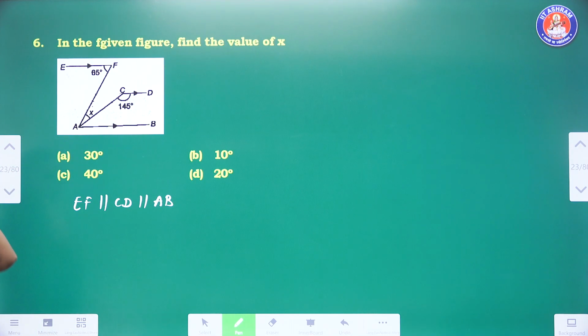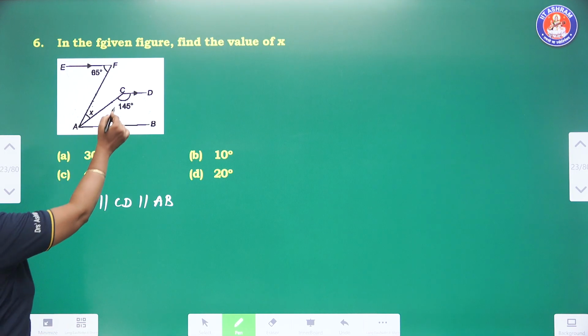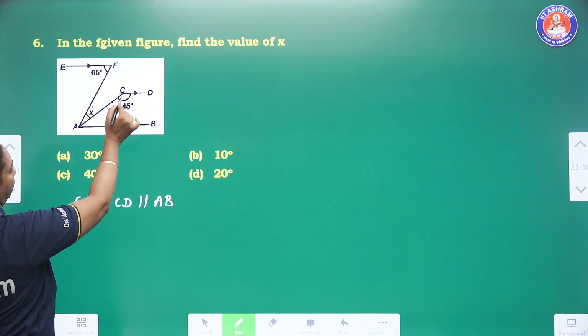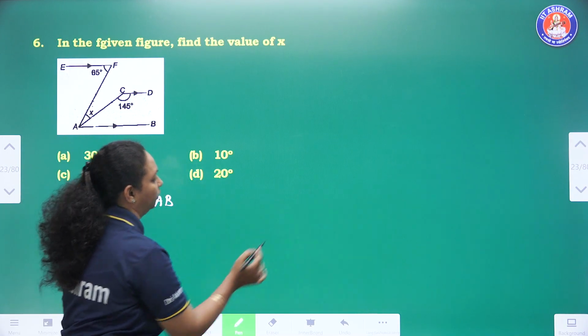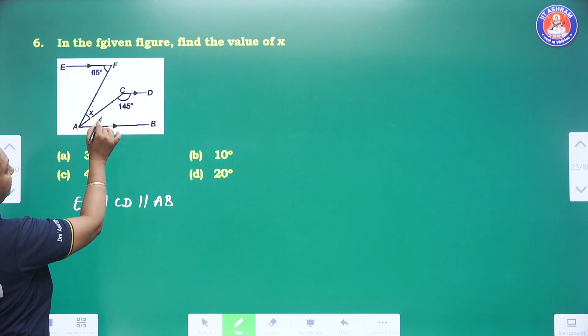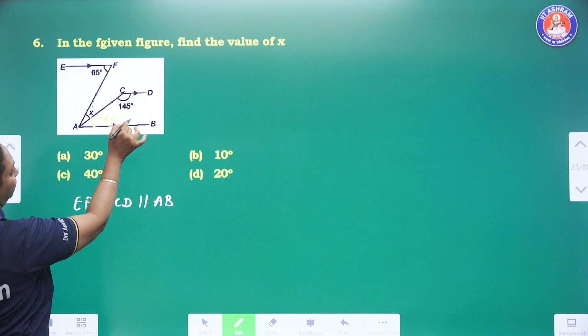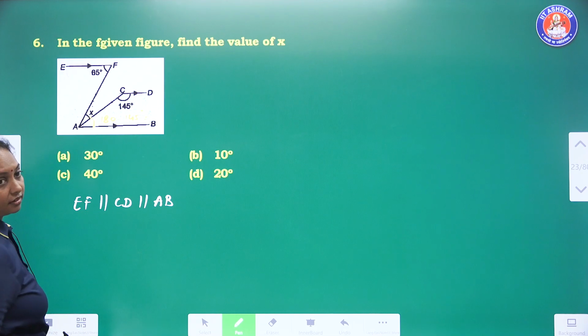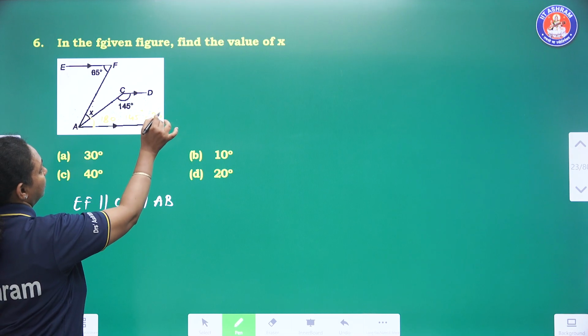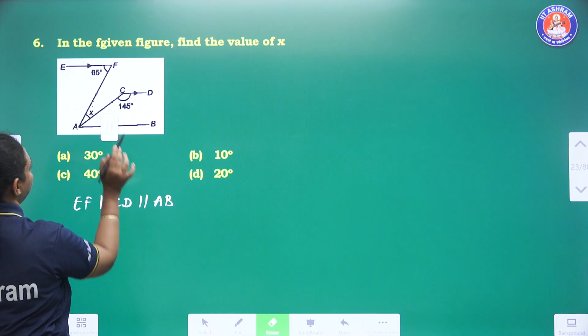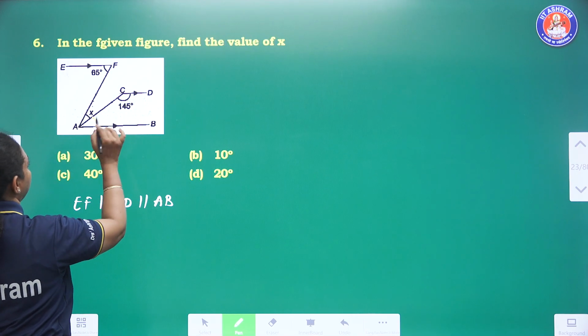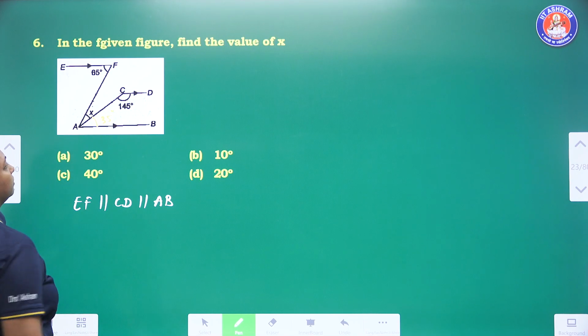So we know that as two lines are parallel, then the sum of co-interior angles is 180 degrees. So this is 45 degrees. Angle ACD is 45. Then angle CAB is 180 minus 145, which is equal to what? Yes, 35 degrees. Right? So the measure of angle CAB is 35 degrees.